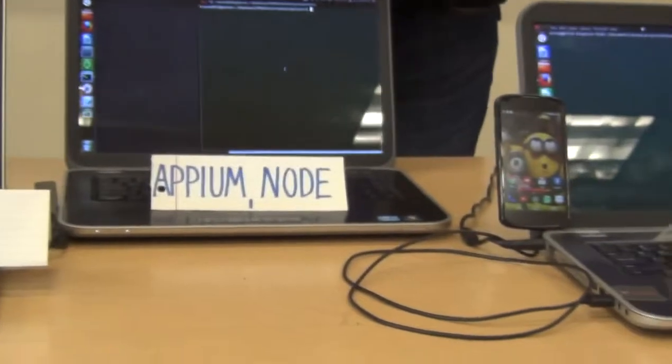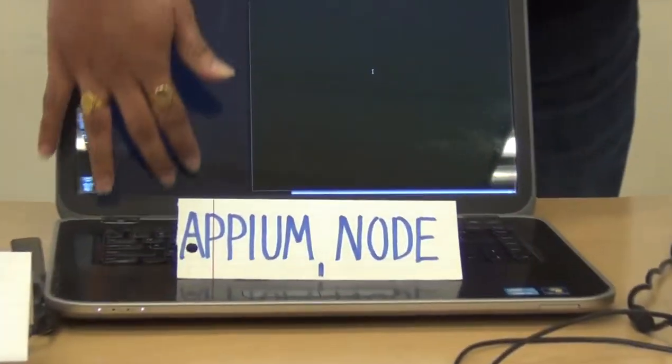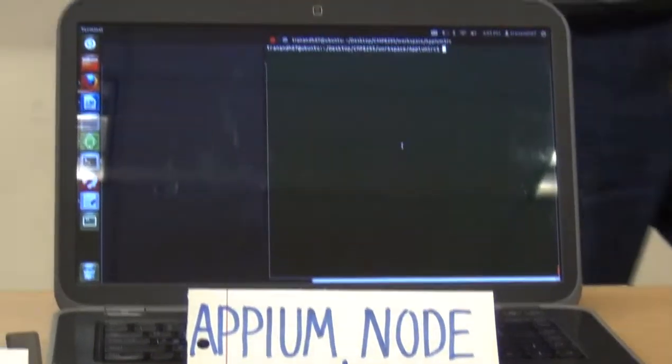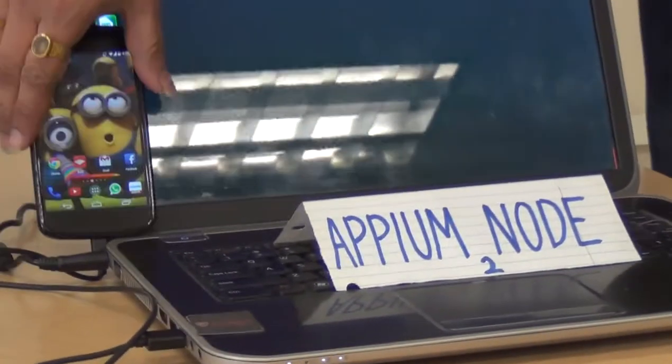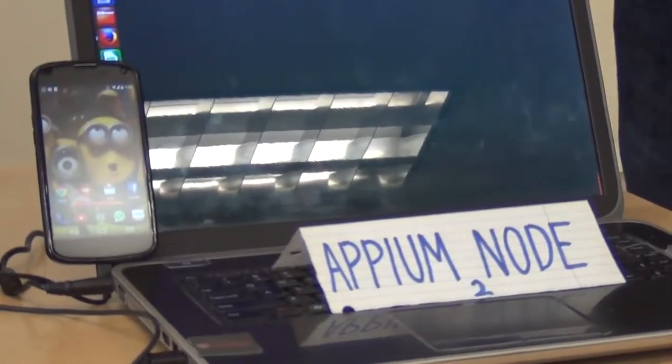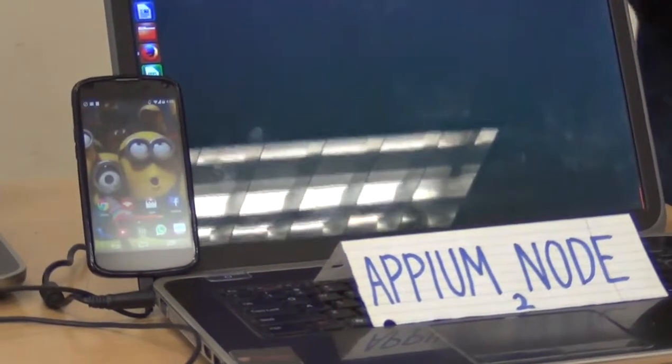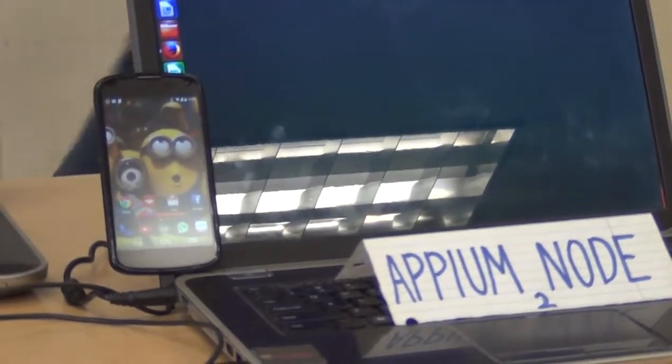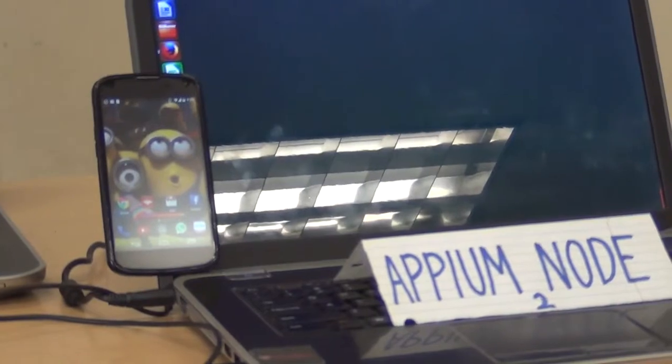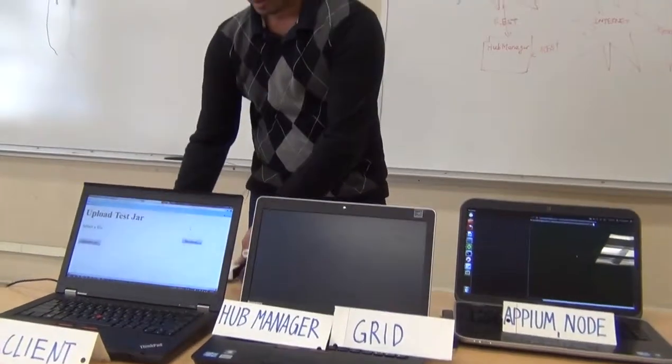Then this is one of the Appium nodes. As you can see, it is running one Android emulator, and this is the second Appium node, which is connected to a real device running 4.4.2. We created our own wireless network setup using this router.